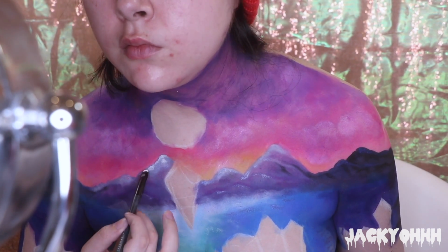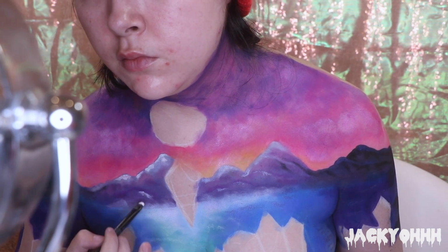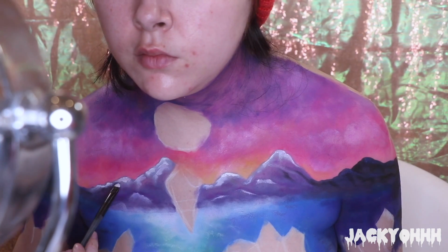Alright guys, this is an Eye Magic cream palette that I got from Amazon like 4 years ago, and I just started using it. I've kept it for so long. It's so good though. It's like $12. Are you serious? But anyway, I added some extreme highlights to my light colored mountains, and